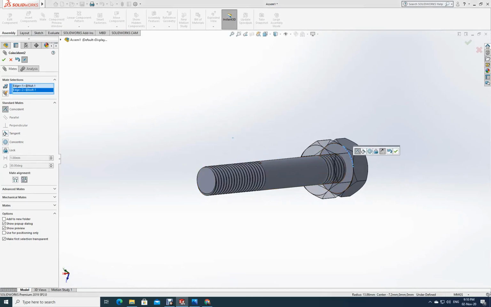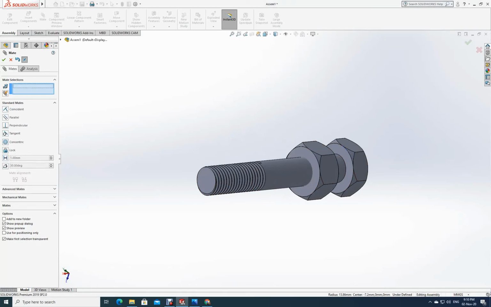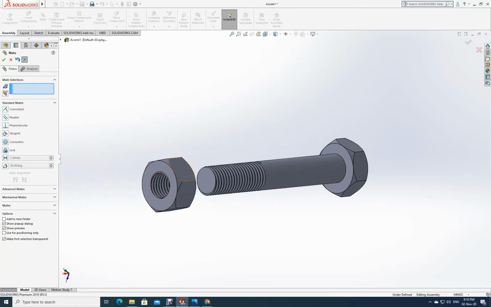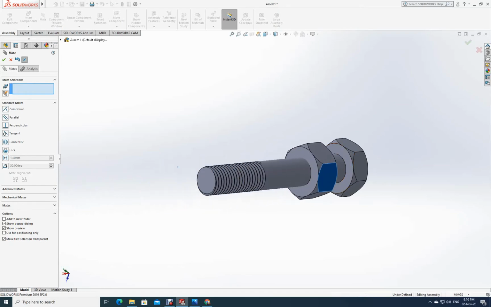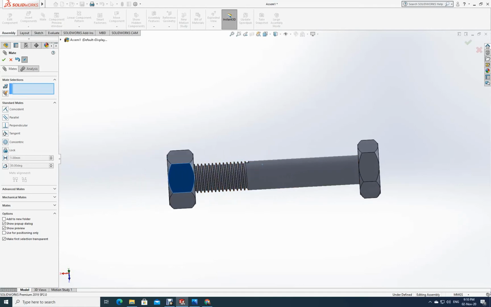I will make them concentric. See here, I will only make them concentric. Click OK. So now they are concentric, but you can hold on this one, you can move it out, no problem, but you cannot go up and down. See, because this circle and this circle are concentric. Understand? Now I can only move like this and like this. Is this clear? This is one mate I have fixed.